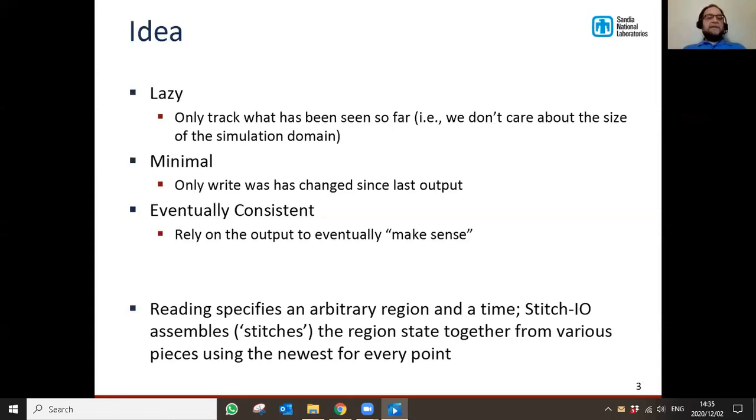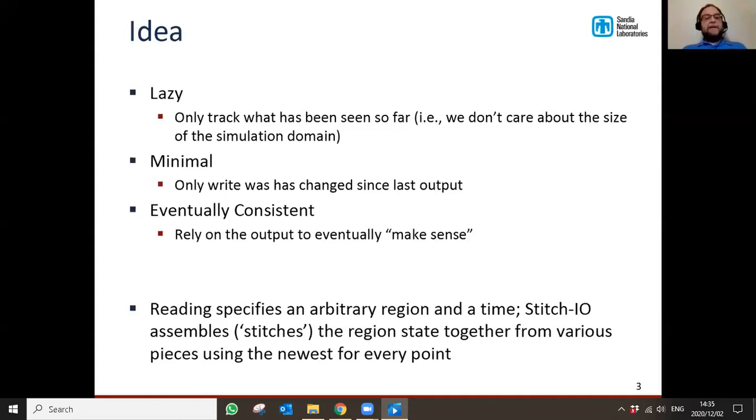That kind of makes sense. And we don't ever try to enforce any sort of consistency in the system, and instead think that eventually something is going to make sense, and we rely on the simulation itself to keep track of that. That's one of the ideas I think that a lot of libraries can really take advantage of in order to gain some performance. So the big idea that was required to make this possible was the idea that when we